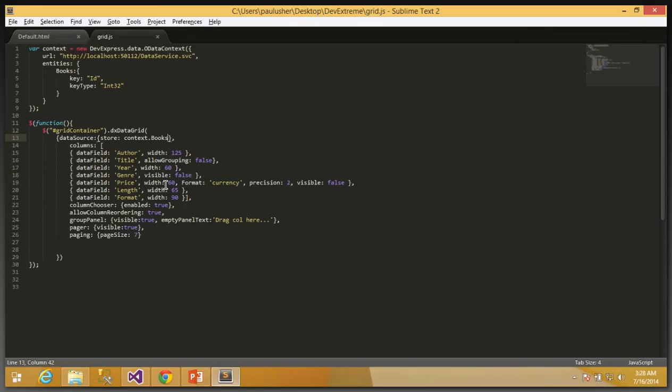Oh, yes. So let's just recap there. We've defined a context. The DevExpress.data.OData context constructor is part of the DevExtreme runtime. DevExpress is our global name, if you like. So using the data property out of that, we get a constructor for OData. We've defined a URL where to get the definition of that OData from, and also define the entities that we're going to take out of that OData data source. There's only one that's called books, and